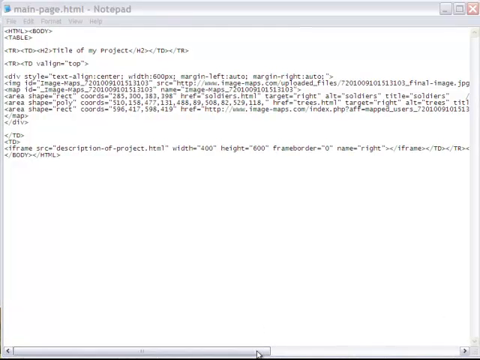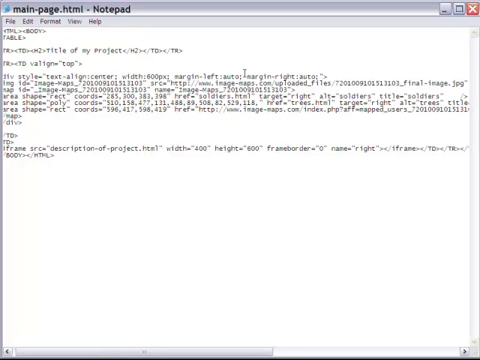The first thing we want to do, I realize this section right here is kind of scary because it's HTML code, but there is one thing we're going to have to change to make sure that it works, and that is, we see this right here, final image.jpg. That's the name of the image that we saved out of Photoshop. What we're going to want to do is delete everything in front of that, but leaving in place source equals double quote. So this line should read,